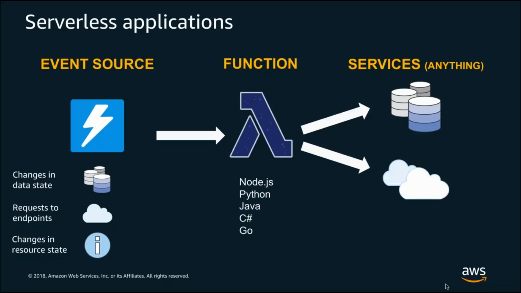So whatever it is that your business logic needs to accomplish, whether it be talking to databases or data stores, other HTTP or HTTPS endpoints out on the internet, basically any service that you might need to call inside of a network, that is something that you as the developer can completely control. And so these 3 key components are how we think about the logical bundle of a serverless application. And so today when we're talking about a serverless application, we'll be talking again about at least the event source and the function, and potentially what it might be that that function is talking to.